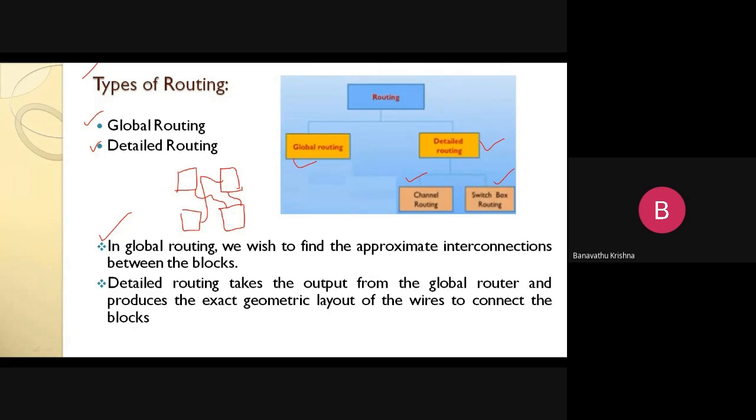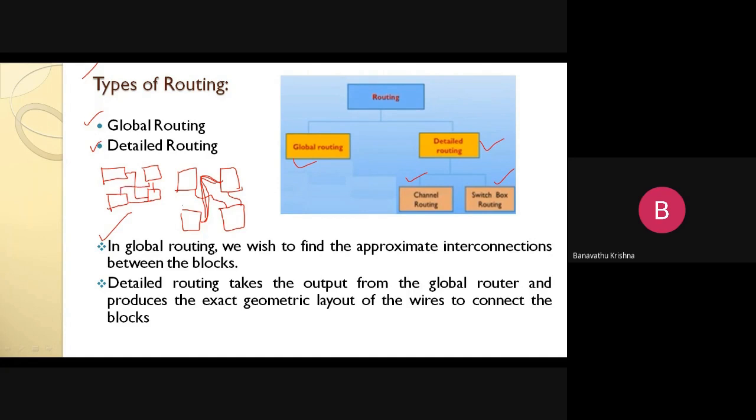Okay, so let us see here. This is a loose contact, a loose connection, okay. Loose connection means the length of the wire is going to increase, right? Suppose in detailed routing, I just want to represent one block here. This is another block here. This is another block here, right? So here another block here. I want to give the detailed routing, right? Like this, okay, and this is like this, okay.